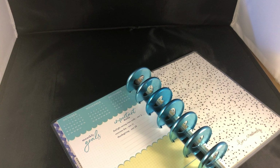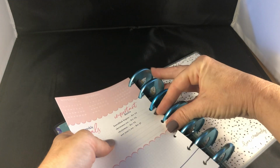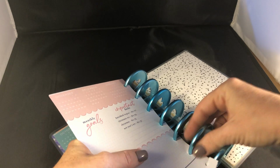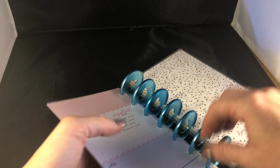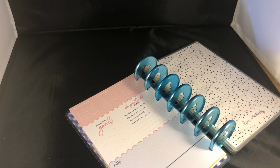And previously in my mini planner, I was actually using a horizontal layout, but I was also including like a line sheet in between each one of the weeks so I can make lists. So that's the reason why I wanted to include the dashboard layout, which is, to me, almost more like a layout that's set up to make to-do lists, like your weekly to-do list, and also it's split up to where you can make daily to-do lists as well. So that's the reason why I'm going to combine the weekly dashboard layout with the